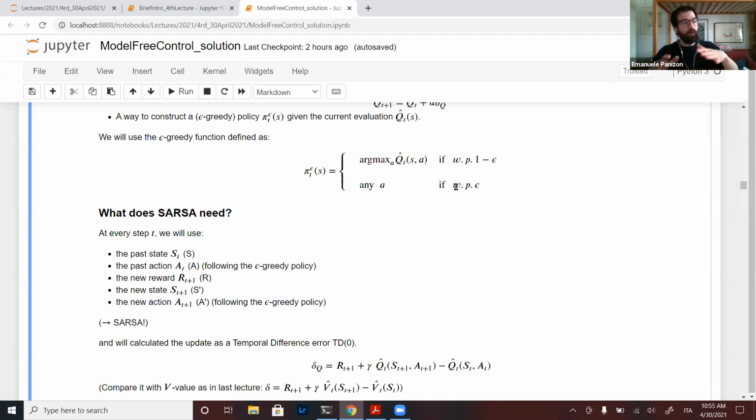Okay. So it's not fixed. If it was fixed from the beginning to the end, then it would not be control. It could not learn the optimal policy, but it changes not in a strange way. It changes always following the same formula, which is: look at the Q values, which you accumulate, change and store all the time, and from those Q values, create the epsilon greedy policy. Okay. So both things change from step to step.